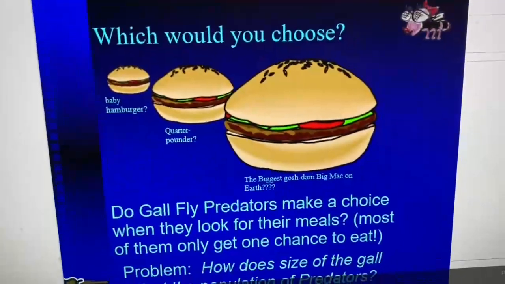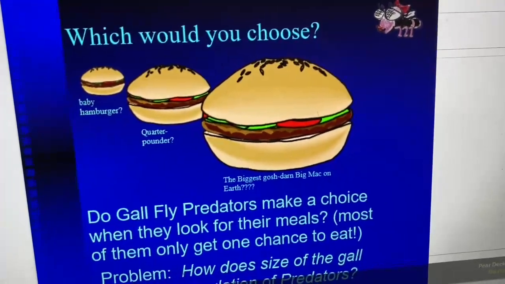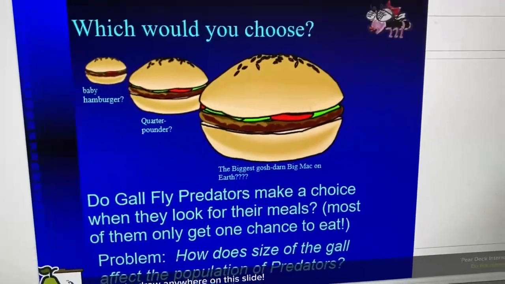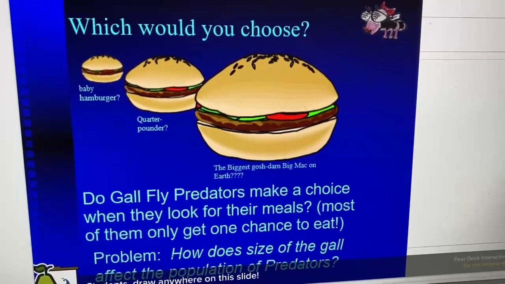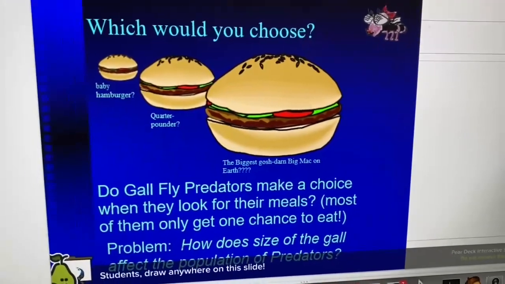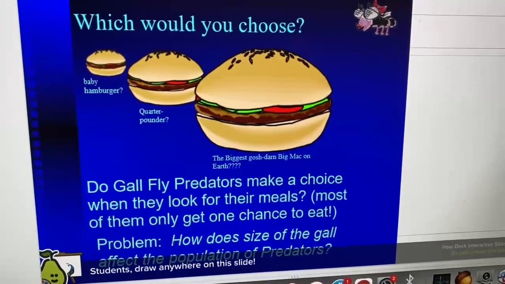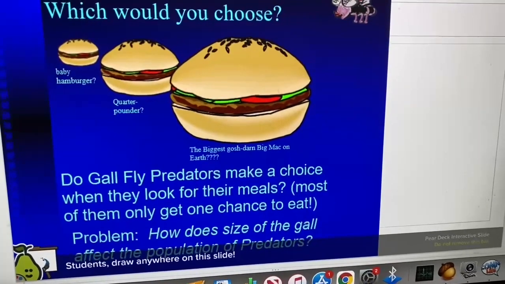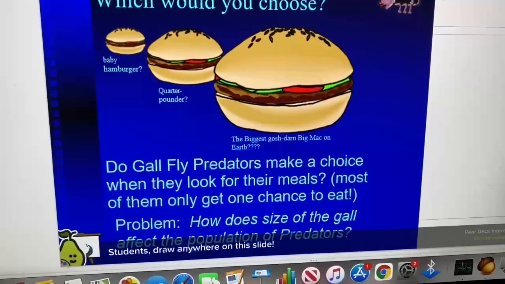Something is bugging me. All right, so yesterday we opened up a bunch of goldenrod galls. I had a couple students send me pictures of them doing it at home, which was pretty cool. But remember, the question we're trying to answer is, do the predators pick based on size? If you're a predator, would you pick the small, the medium, or the large? Most of these predators, the wasps and the beetle, anyway, only get one choice.